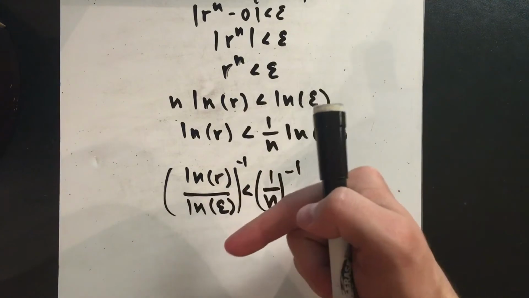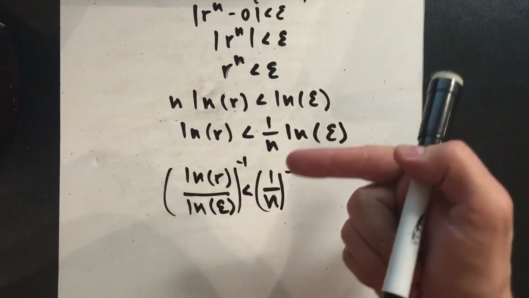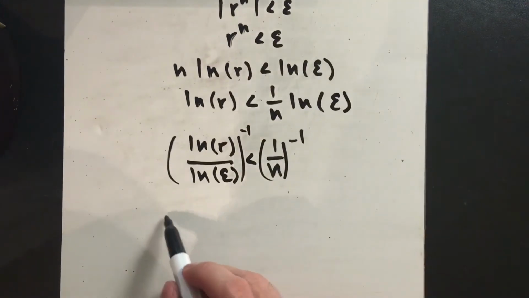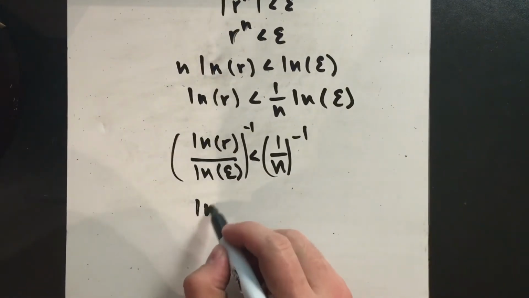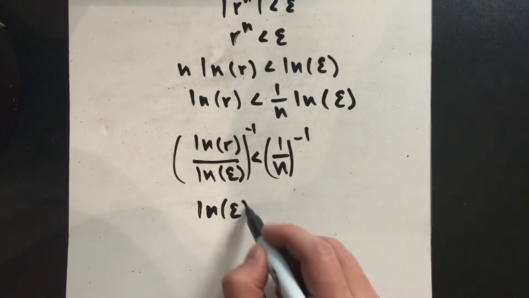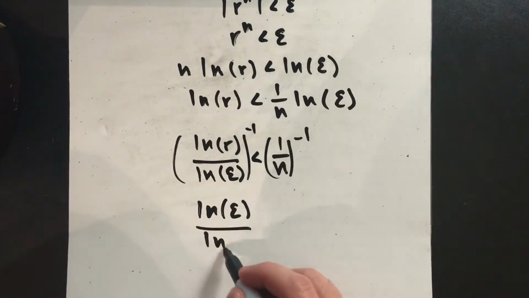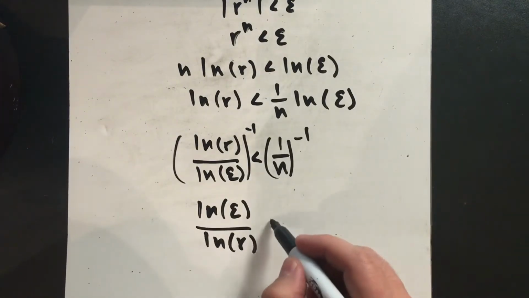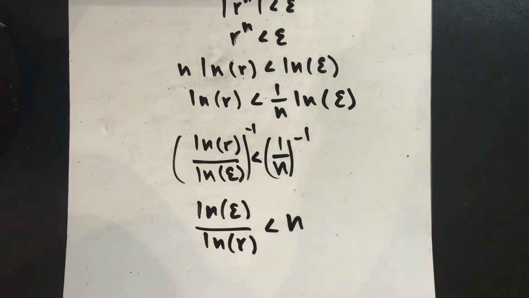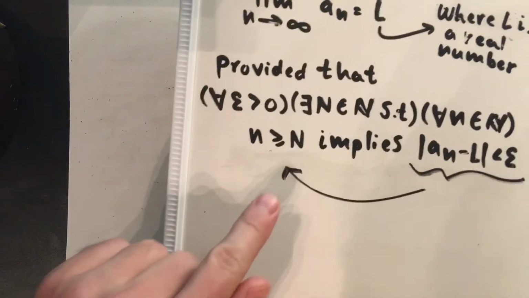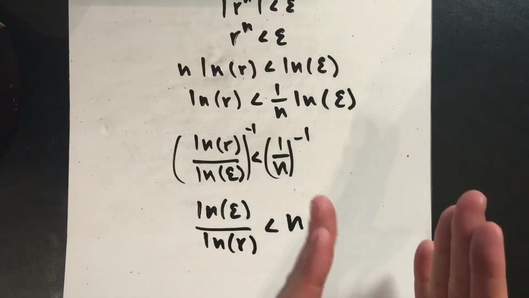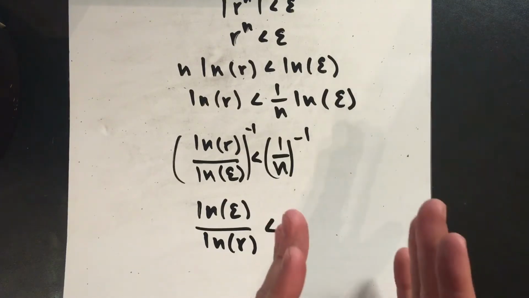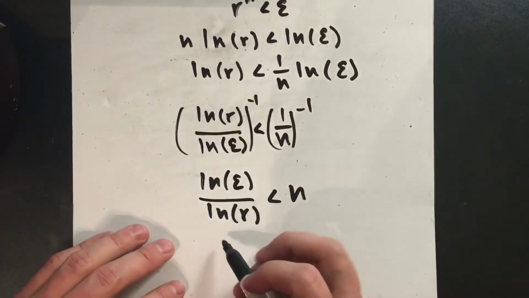And you'll notice that the numerator becomes the denominator and the denominator becomes the numerator. And now we can make it resemble our definition by switching the inequality, as long as the constant of the inequality on that side stays the same. So we get